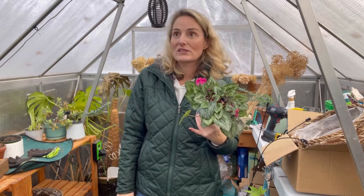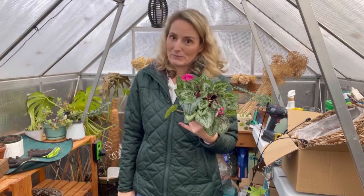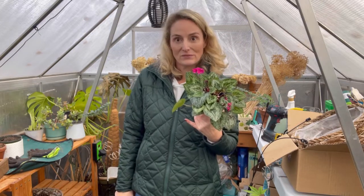But I definitely learned that these plants, for zone 8B at least, are not necessarily the best plants to put outside when it pours rain for many months out of